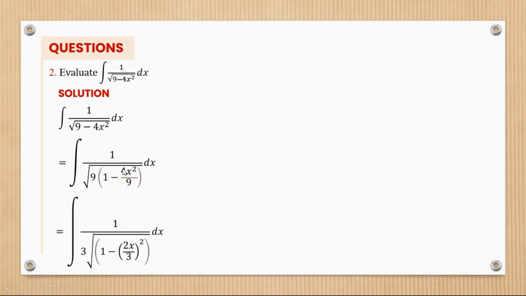But also 4 is equal to 2 squared, and 9 is equal to 3 squared. So we extract out the squares, and then we remain with 2x over 3 bracket squared. That's what we have in the most simplified version. Now that we have it in this format, we can introduce the sine substitution. By sine substitution, 2x over 3, this value in the bracket, shall be equal to